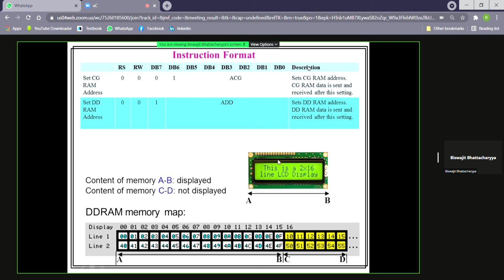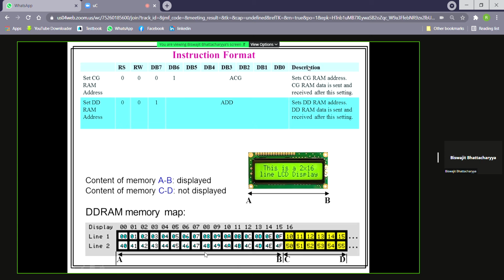So 16 characters will be displayed in the range of A to B display location. But there are some more memories present, C to D. If we write anything there, those characters will be stored in those memory addresses, like 10, 11, 12 and 50, 51, 52.